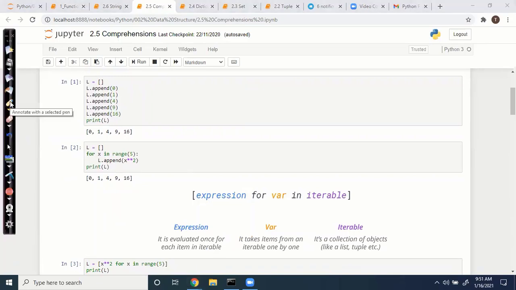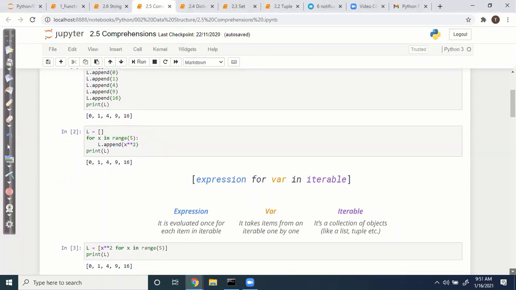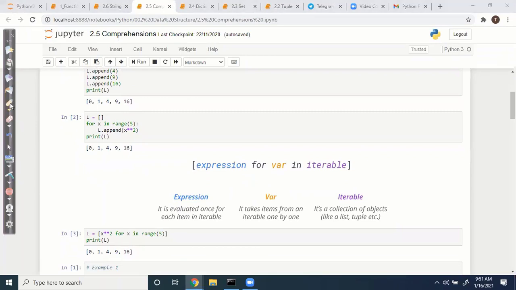Here we are creating a list object. We have an empty list and we are appending all the values. That is one way. Another way is you can create an empty list and just append in a for loop. Both ways you can do. Instead of this, in a compact way, there is some expression. First thing is we have a for loop, similar to x in range(5).